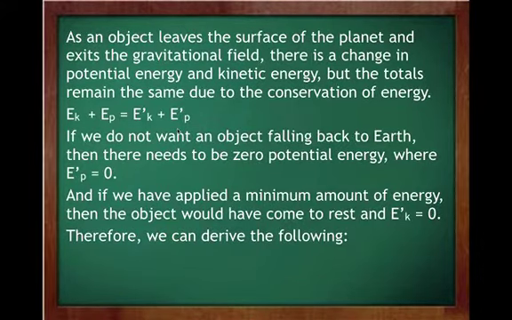And at the same time, if we've applied that minimum amount of energy to get it out there, if we're trying to say, what's the minimum velocity I need to get it to escape? Well, we're going to be sending it out, and its velocity from the beginning is going to decrease as it gets out there, and once it's there, that would also be zero as well. Okay, so using that, we get another wonderful little derivation,